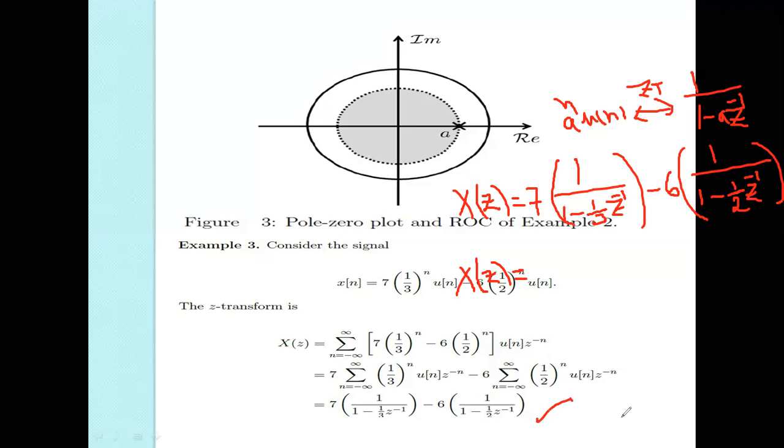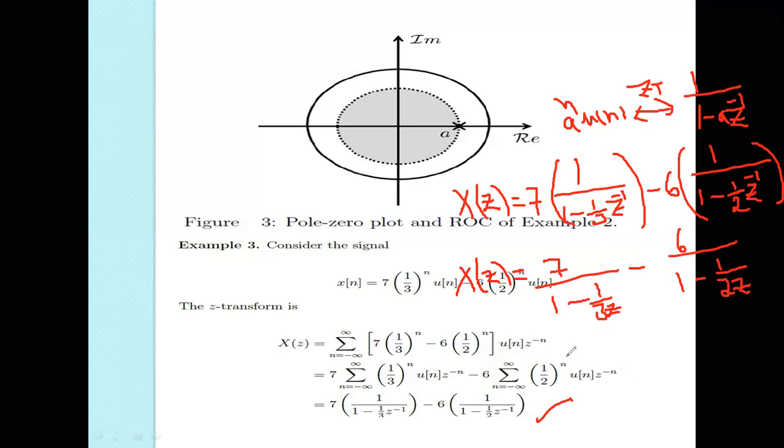Or you can simplify 7 by 1 minus 1 by 3 z inverse minus 6 by 1 minus 1 by 2 z inverse,